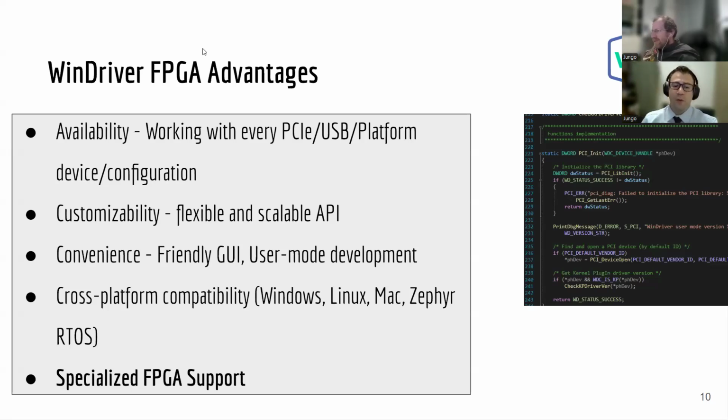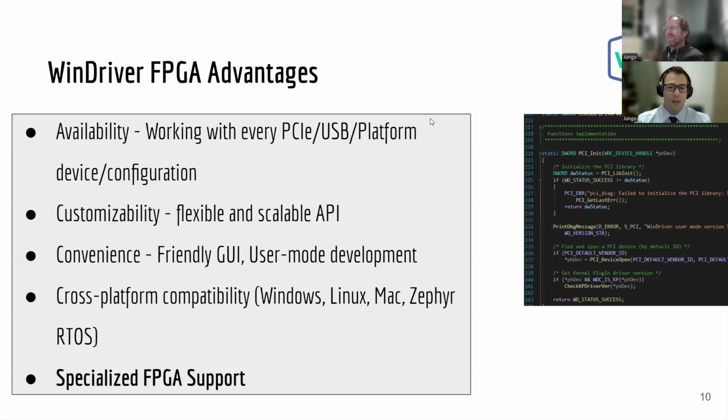And it's cross-platform compatibility. So WinDriver is entirely cross-platform compatible between Windows, Linux, macOS. We're starting support for Zephyr RTOS, as well as, it's not on here, Windows ARM and even Linux ARM. And we're always adding support for new things. So if there's a configuration or an operating system or something that you would like to see that you don't see here, please do feel free to put it in the chat, or send us a message at the end of this. So it's something that we can keep in mind as we move forward.